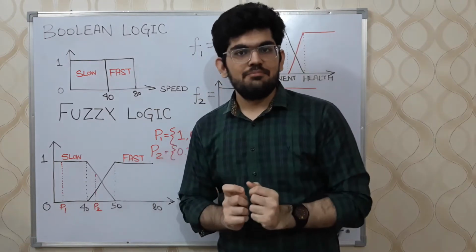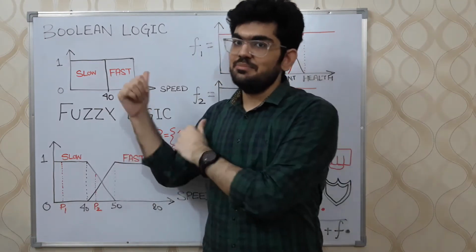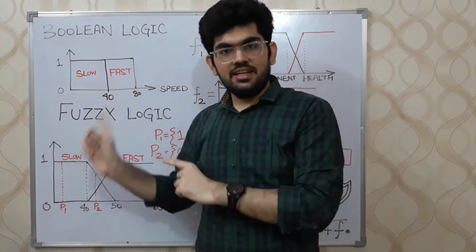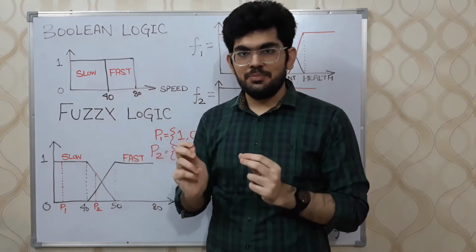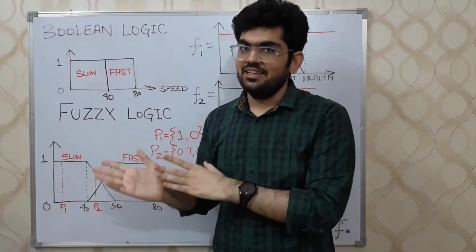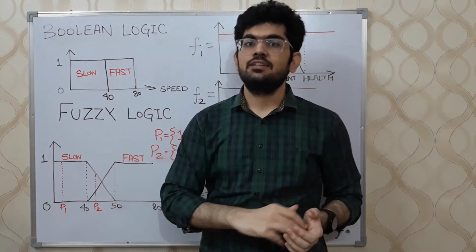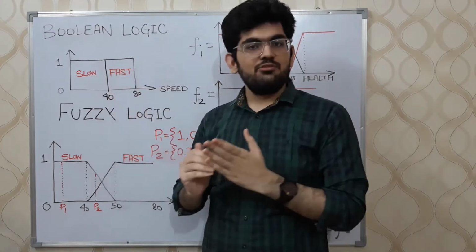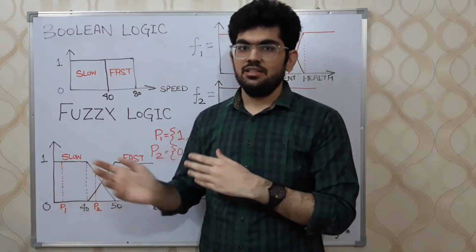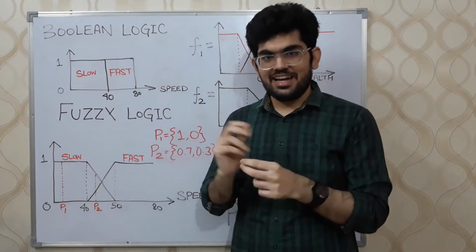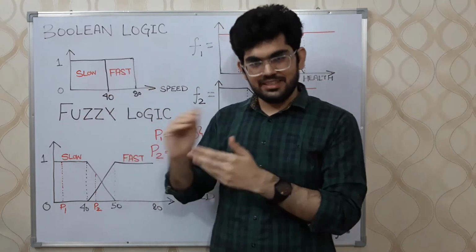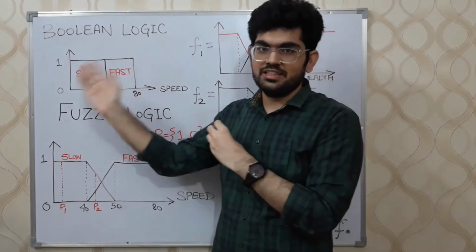Even in the car example, we can observe one such limitation. Consider that the car has a speed of 39.9. Now, would we consider that as a slow moving car or as a fast moving car? According to our definition, the car would fall in the slow moving cars range. But it doesn't actually feel right to put it in the slow moving car because it is near to the fast car and we are putting it in the slow car.